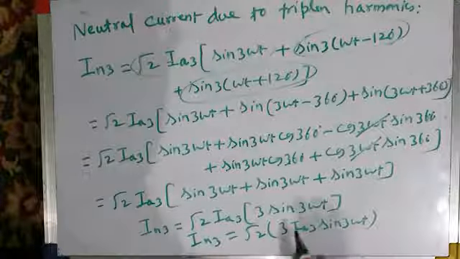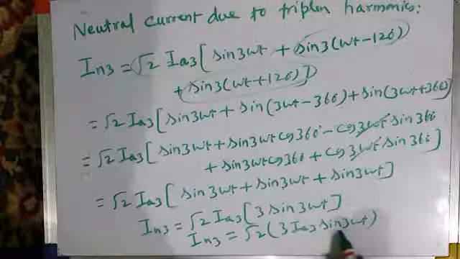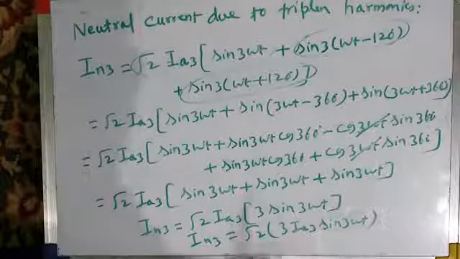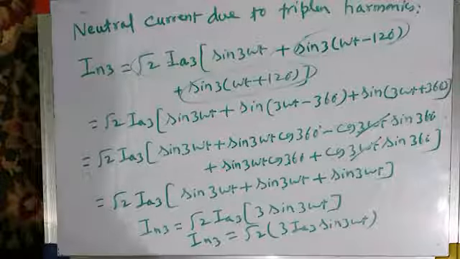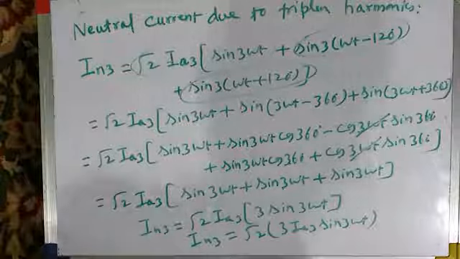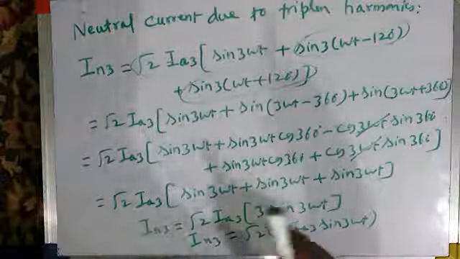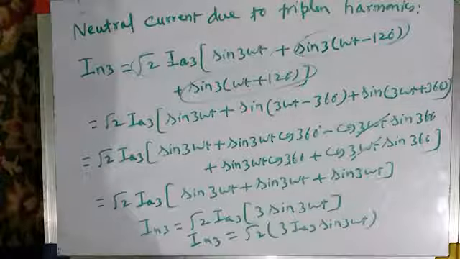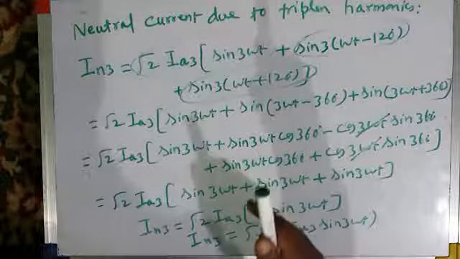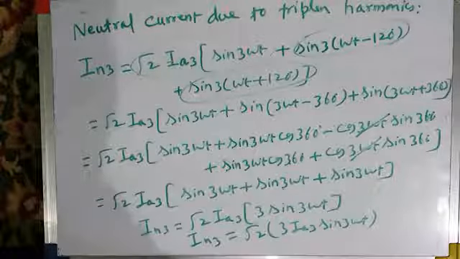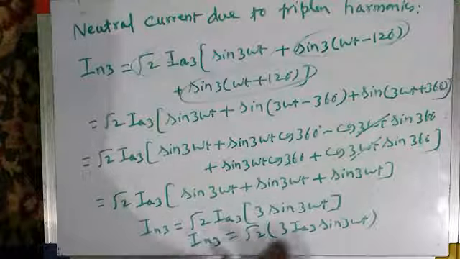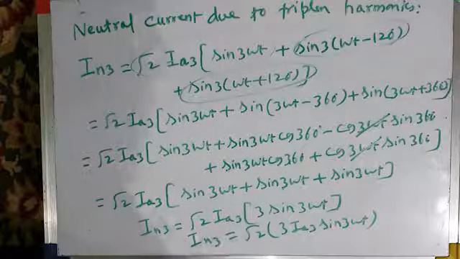And what is its magnitude? It is 3 I_A3 sine 3 omega t. So it flows in the neutral wire. It does not cancel. Unlike the fundamental component of current, which cancels and does not flow in the neutral, and non-triplen harmonics, which also do not flow in the neutral, the triplen harmonics flow in the neutral. That is third harmonic. I have proved it flows through the neutral.